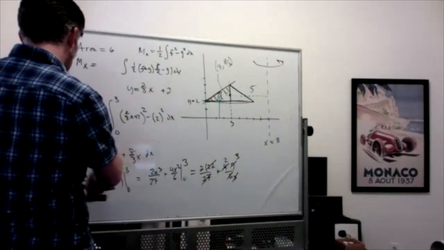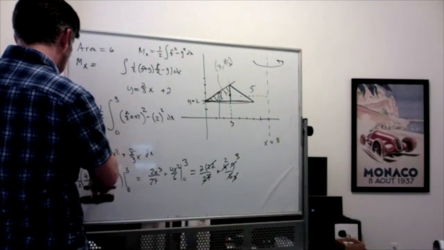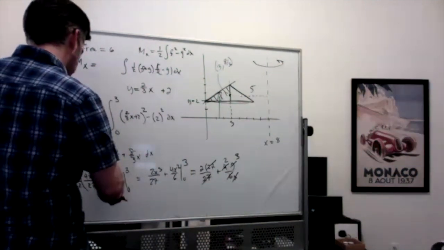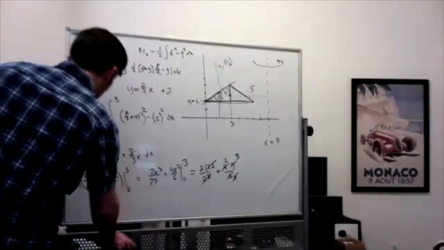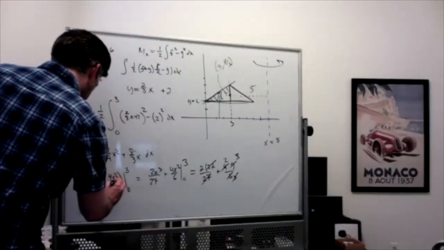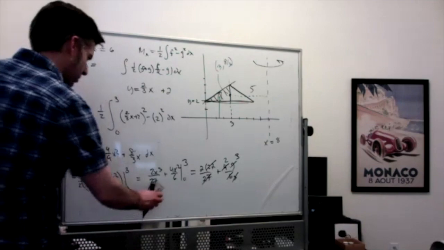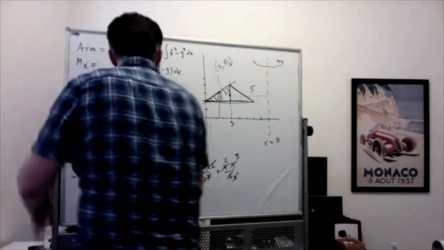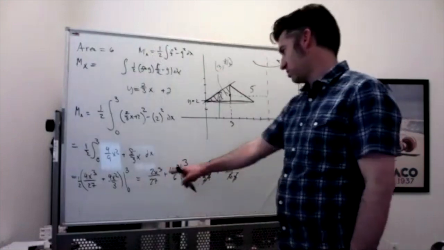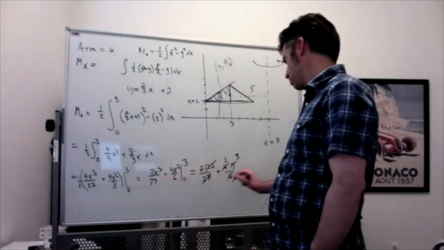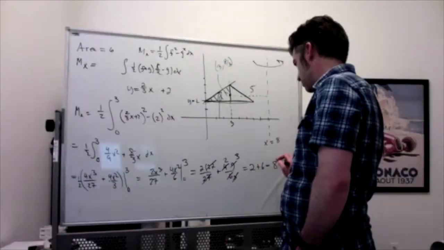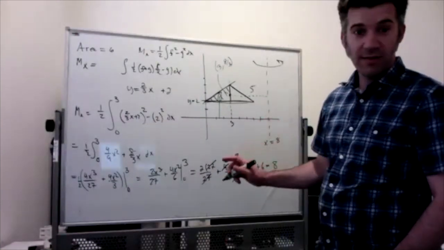Let's see. 4x cubed over 27, 8x squared over 6. Just make that a 4/3 instead of 4. Oh yeah, no, that's fine. I'm sorry. Yeah, that comes out just right. So that's 2. So we get 2 plus 6, which is 8. And then the moment